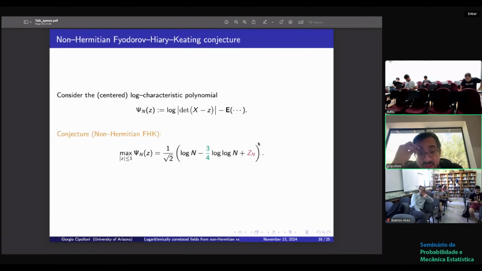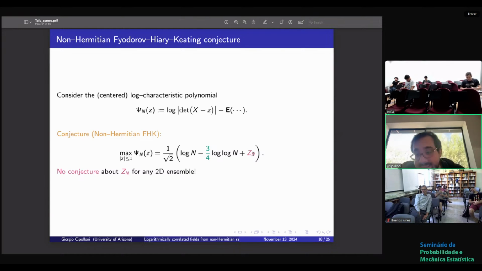And now we can formulate a non-Hermitian analog of this Fyodorov-Keating conjecture if we look at the maximum of this field. So naturally, now we look at the maximum over the whole unit disk, because the spectrum is supported on the disk for this non-Hermitian matrix, and then one can conjecture the following expansion. Again, the 1/√2 is just a prefactor which comes from being in 2 dimensions versus 1. But apart from that, we would expect the same asymptotic expansion here. Again, the log n, the 3/4 log n, and then Zn,